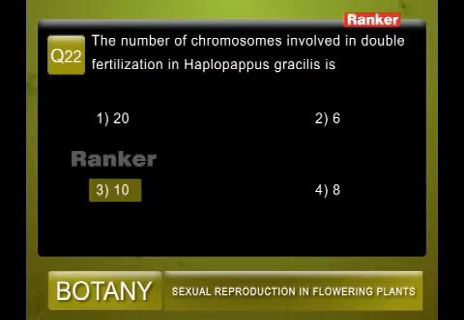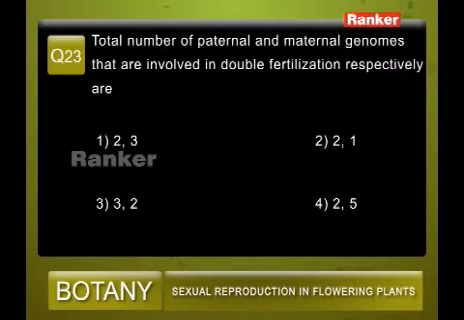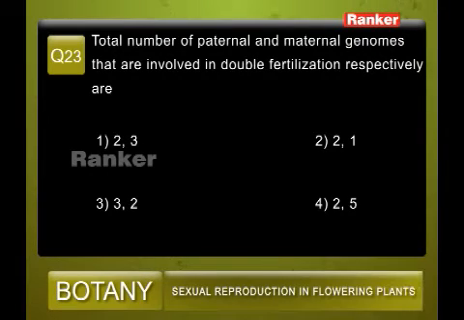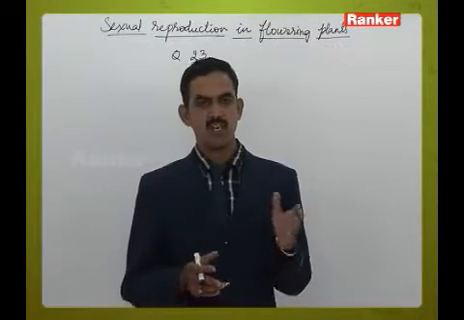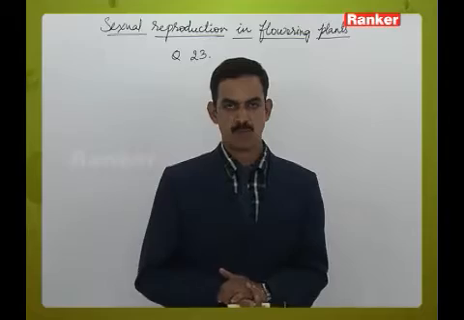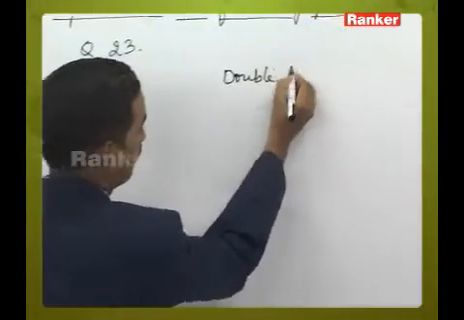So question number 22, the correct answer is 3. Question number 23: the total number of paternal and maternal genomes that are involved in double fertilization, respectively, are: first option 2 and 3, second option 2 and 1, third option 3 and 2, fourth option 2 and 5. So in the last question itself we said that double fertilization is the unique feature present in angiosperms, and in the double fertilization process